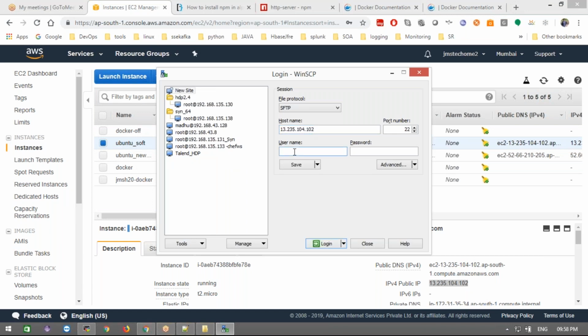And then username is what? This is the Ubuntu, right? Ubuntu only, right? Yeah, Ubuntu. And then password. What is the password of this? We need to take the advanced